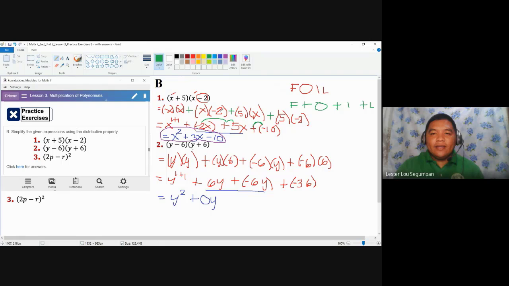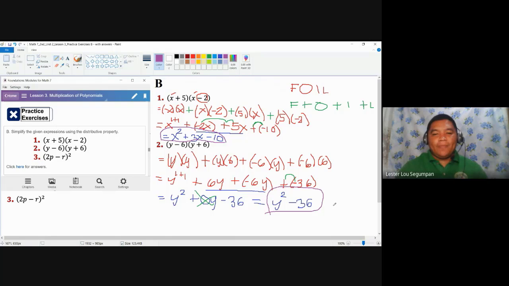But again, this is not anymore needed because that's still equivalent to 0. So you may or may not write that. But I'm just writing it there for reference. So plus positive times negative, so you have here minus 36. So without writing this in the middle, you may have the final simplified answer y squared minus 36. So we have here a constant and we have a coefficient raised to 2. This cannot be combined. That is the final answer.